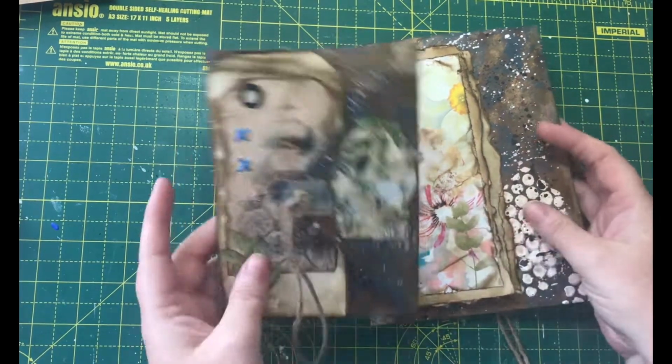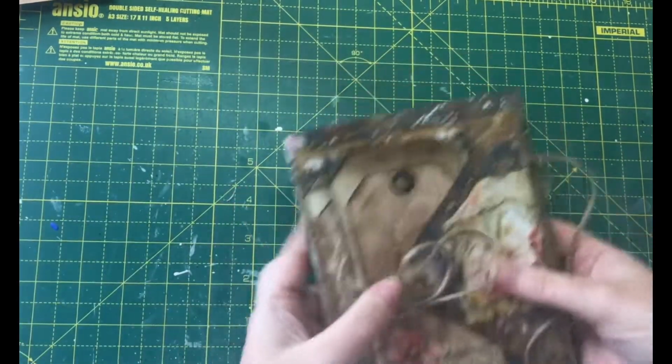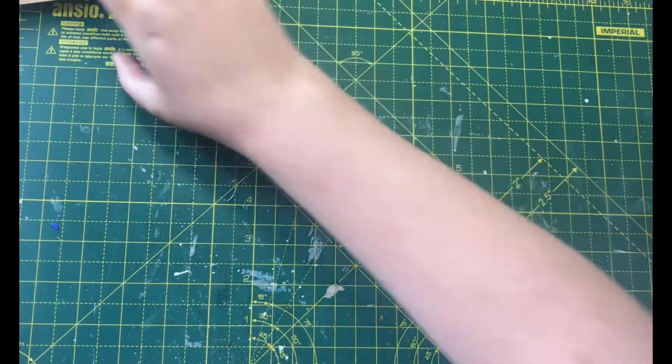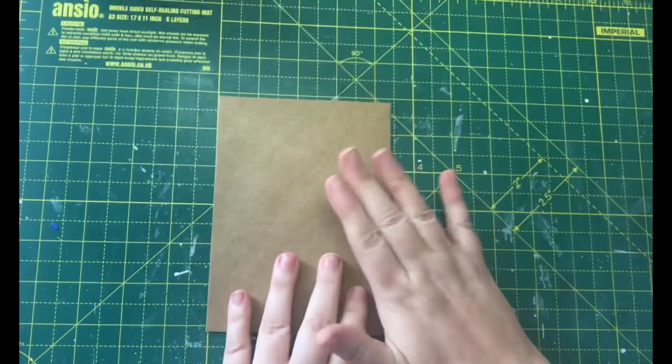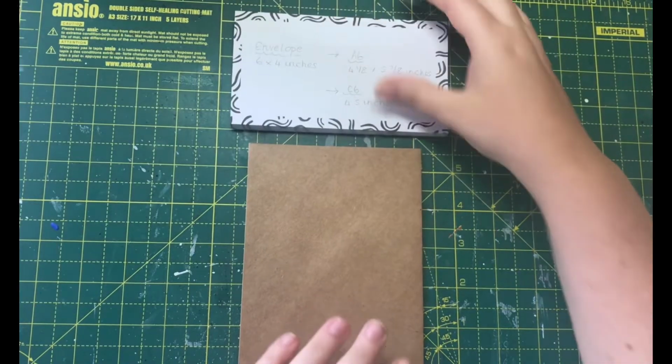So to make one of these, they're really simple and pretty addictive, actually. I could have sat doing those for hours. Well, I did sit doing them for hours. So all you will need is a brown envelope. Now this envelope is 6 by 4